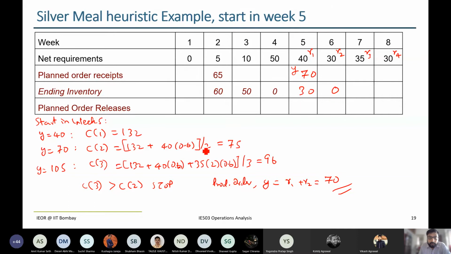Sir, I think in the calculation that should be 13 into 0.6. Sorry, it has to be 30. So with 30, sorry. Yep, it has to be 30. I think I wrote this value correct, but I made a mistake here. It should be 30 here. Please make a note. Yeah, so then the answer comes out to be C3 equals 64.